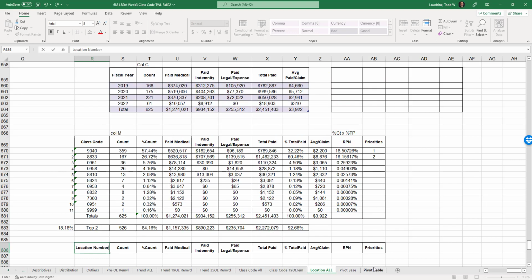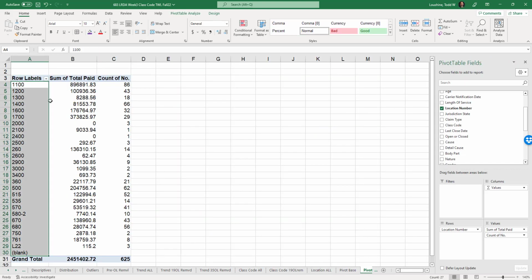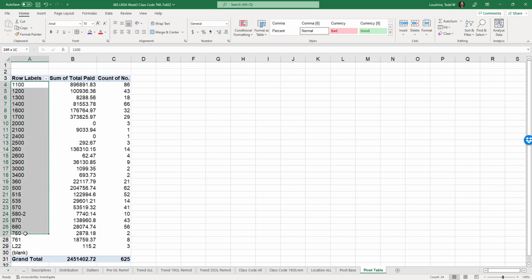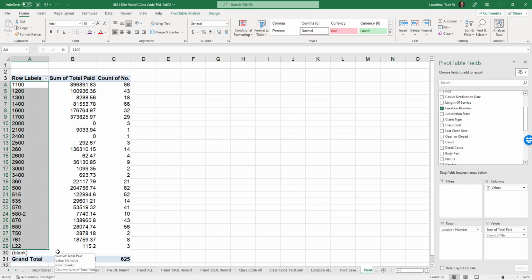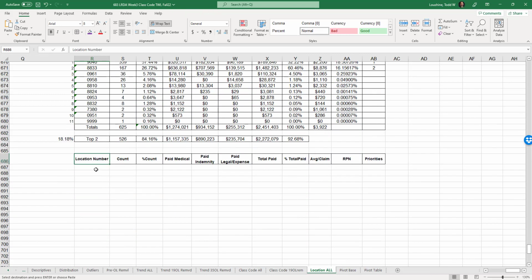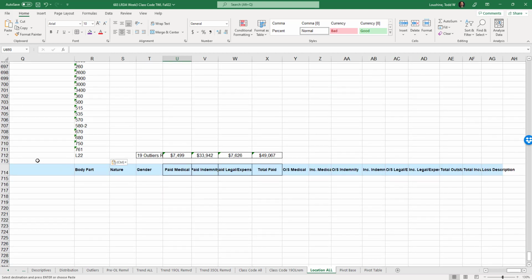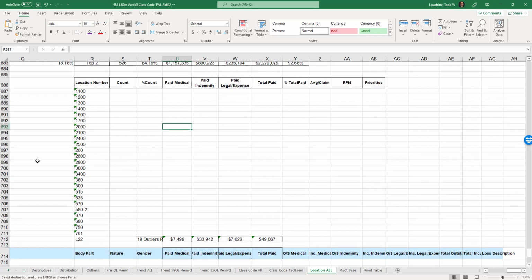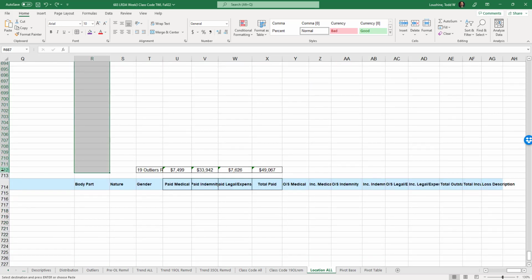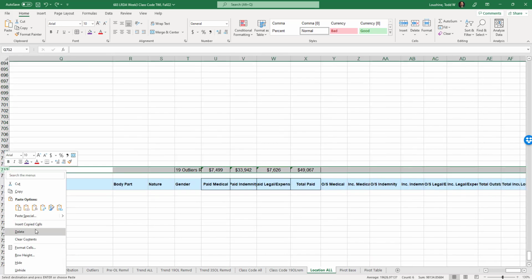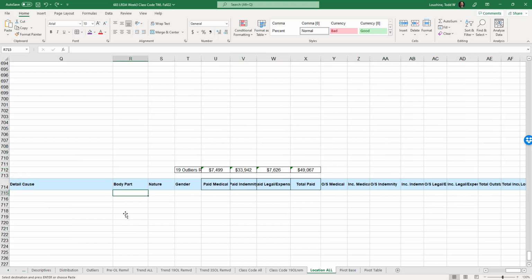And I can go back to my pivot table and I didn't want it to do that. There we go. I want to be able to copy it. Copy. Location all. Put it right here under the table. Paste. There it is. Oh, I already started bleeding into this. Control Z to get rid of it. Oh, I gotta go back and resave it.